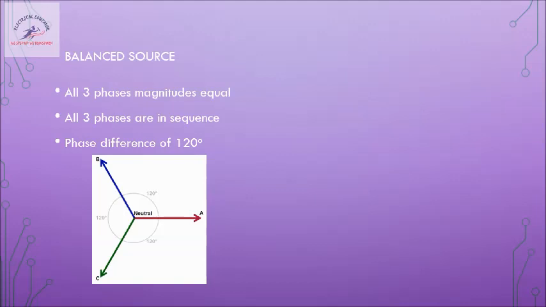Some of the textbooks use clockwise conventions, nothing wrong in it, but it is necessary to read the prelude first, then understand the conventions, then follow the approach given by that particular author. So here I have considered the anti-clockwise convention. So three phases are equal in magnitude, they are in sequence, and each phase is separated by an angle of 120 degree. So only then I can call this a balanced source.